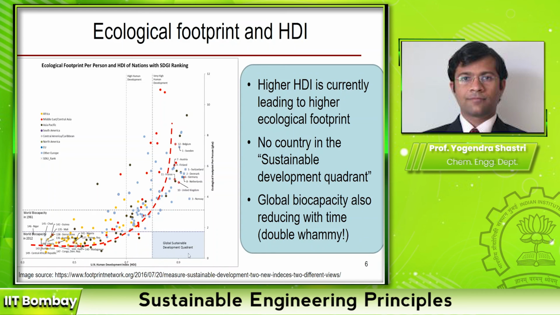quadrant where you have very high human development index and also low ecological footprint, and there is not a single country which falls in this range. This means that those countries that are actually doing well in terms of human development index are not doing so well in terms of ecological footprint. So human development index doesn't actually capture the environmental impact, and that is something important that we need to realize. So every time we discuss human development index, we need to also look at ecological footprint or some other